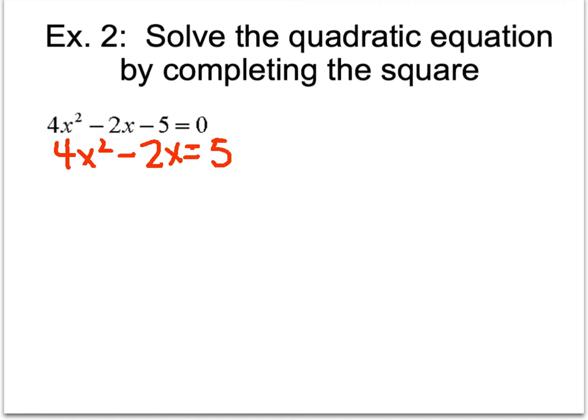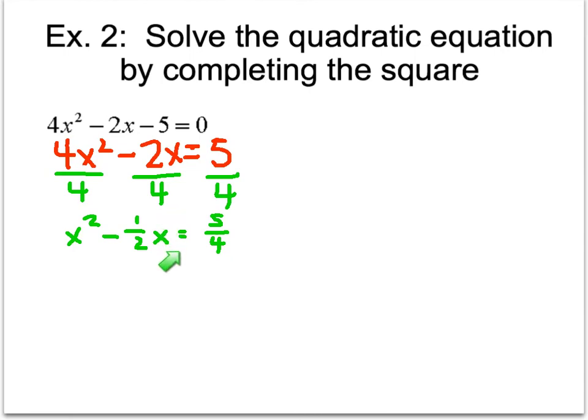And now to take care of the 4, I'm going to divide each term by 4. So I've divided each term by 4, and this is what I'm left with. And so now I just have to get whatever term I need to put here to complete my square. And to do that, remember we take half of the b and square it. So off to the side here, I've taken my b divided by 2 and squared. And that gives me